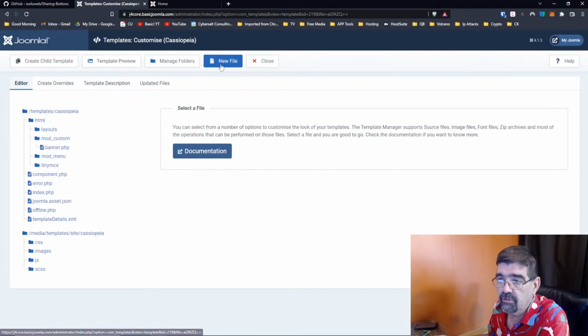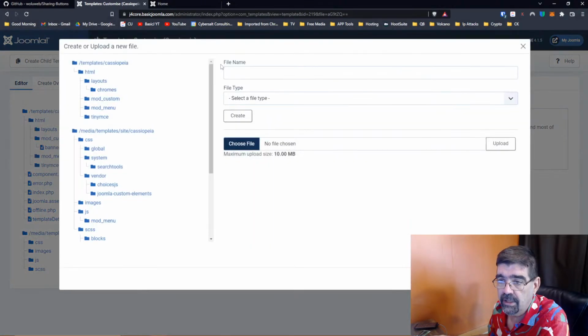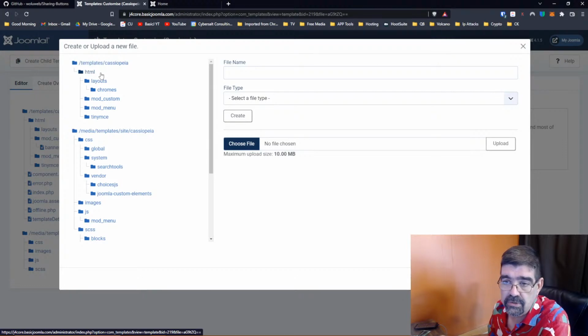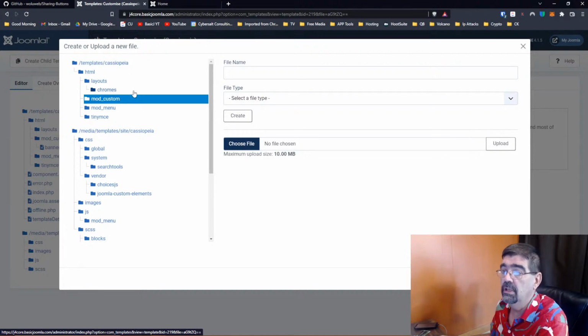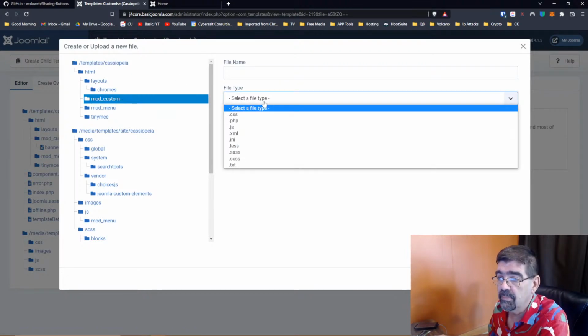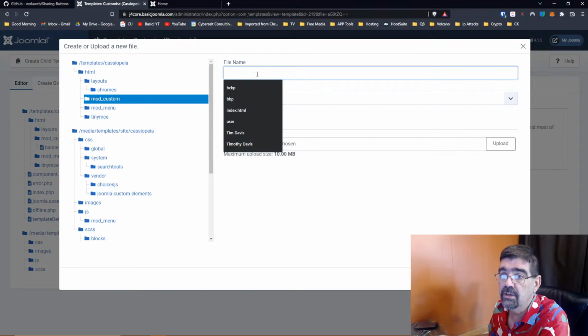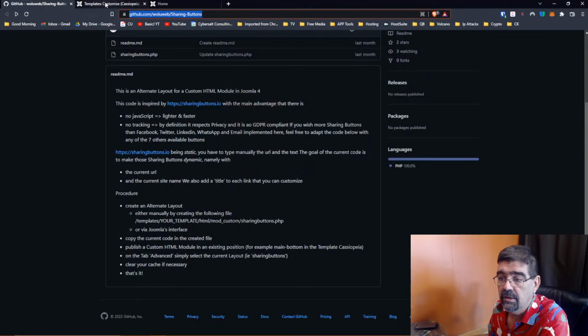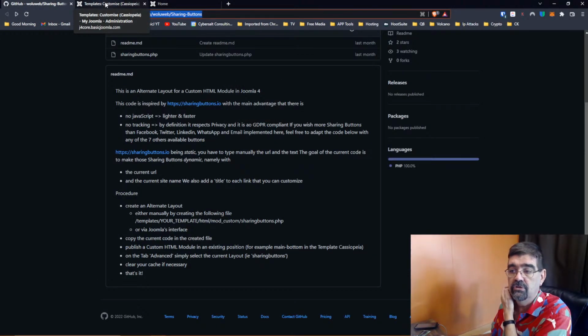If you were going to do the new file here, you would go New File, and then you'd have to navigate down through where we just were, mod custom, and put this in the folder, and then you would select the type, and it's a PHP file, and you would create the name here, which is